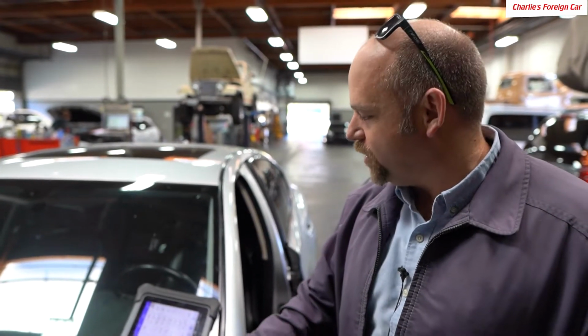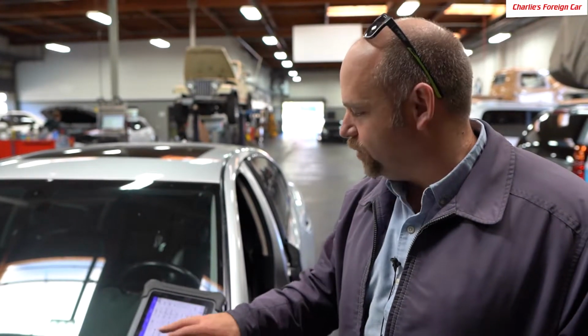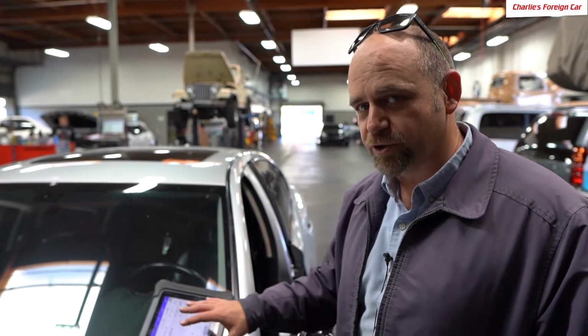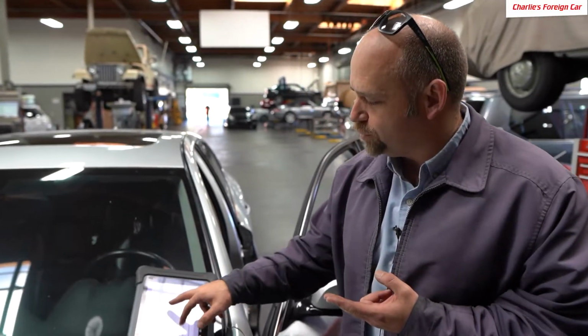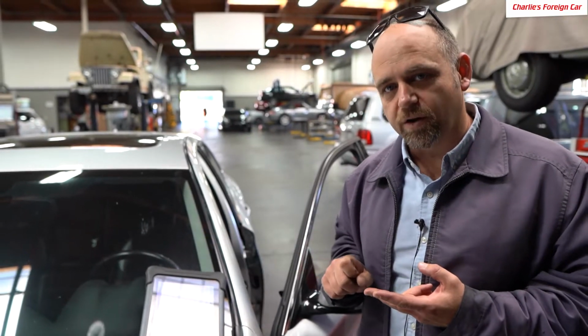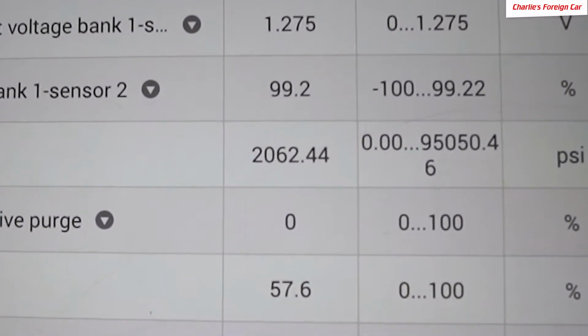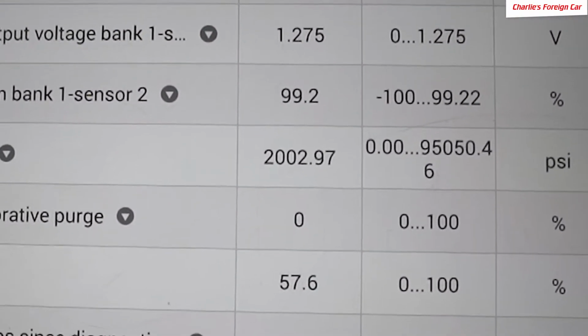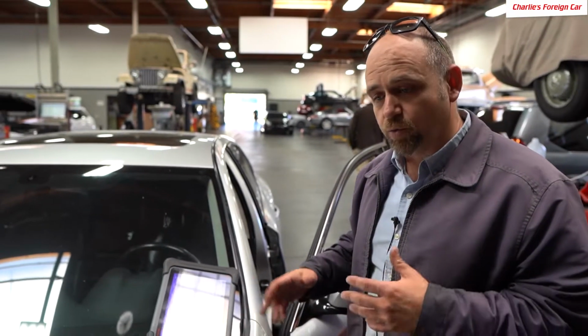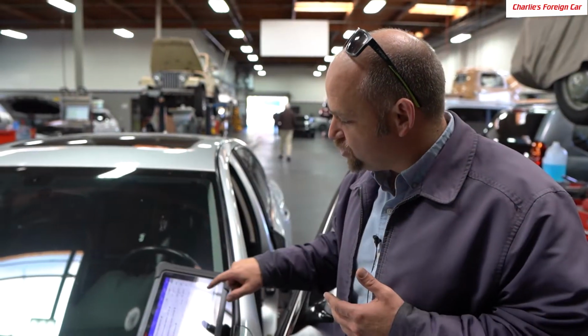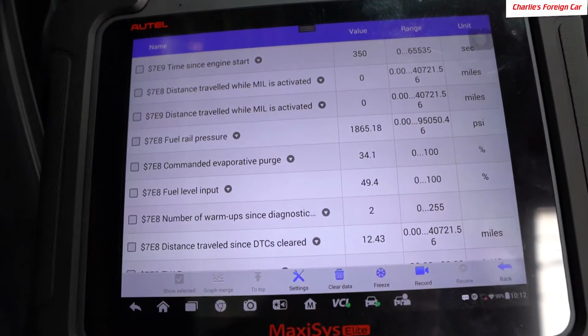We have got the new injectors in this 2017 Q50, and I want to show you what those injectors do to the fuel rail pressure. We were losing fuel rail pressure as soon as we shut the car off. We could watch it just fall down. And within an hour, it would go from 2,000 PSI down to about 130. The car's running, it's warmed up, all the monitors are run, no more cylinder 4 misfire, so that's good. I'm gonna shut the car off, turn the key back on, and we're gonna watch this live data fuel rail pressure.